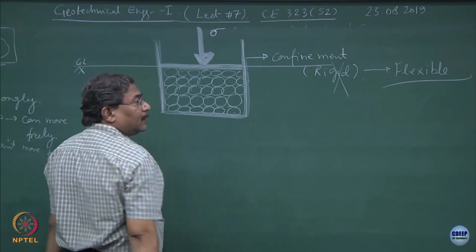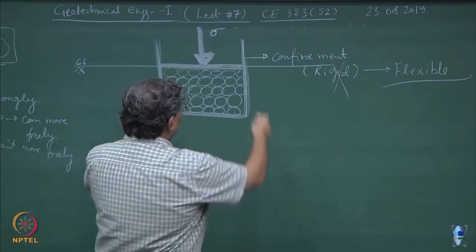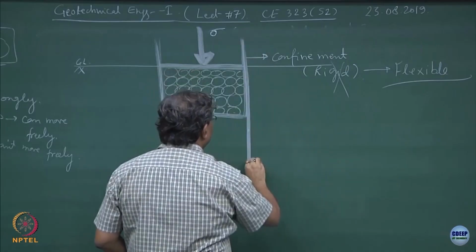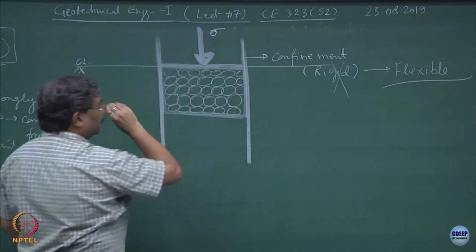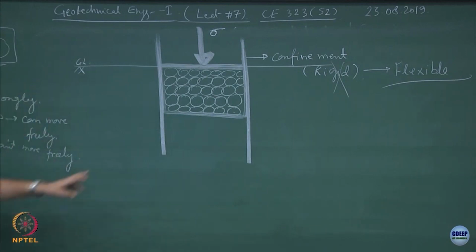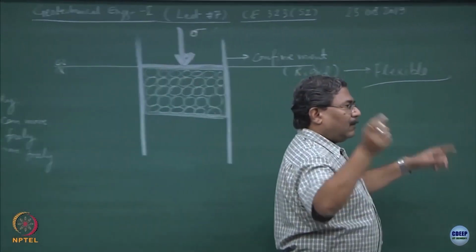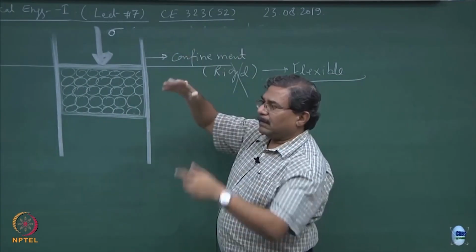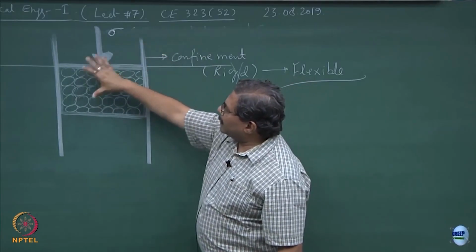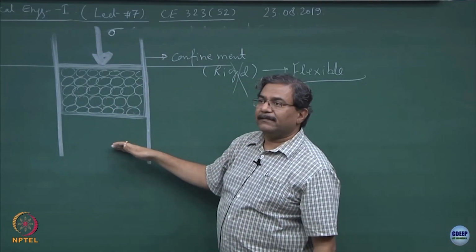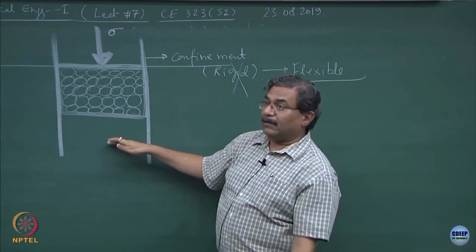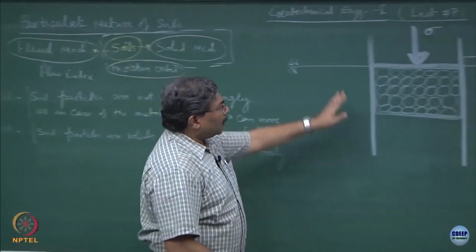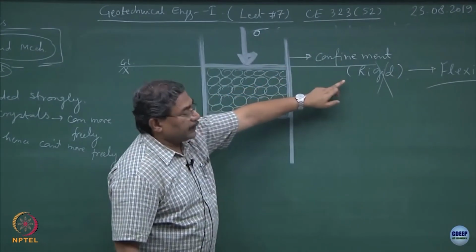In ground, very rarely you will find that the boundaries are going to be rigid unless you place sheet piles. Agreed? Now, these sheet piles are the elements of the steel which you must be seeing all along the highways. They embed two sheet piles, tin sheets, and then they can excavate in between, they make basements, underground space. Metro is being done right now, go and see that. So, the chances are that you are not going to have the confinements which are rigid.